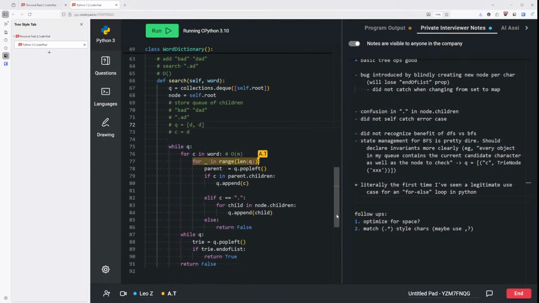And then we have the length of the queue, whatever the length of the queue is, which is the number of children there are. So for all the possible letters that are still in that specific level,